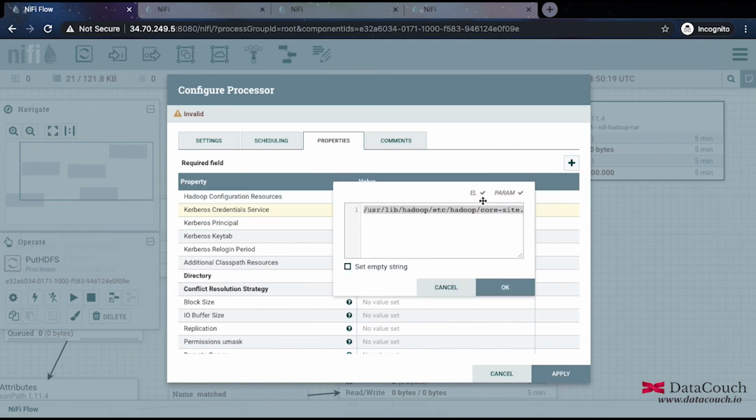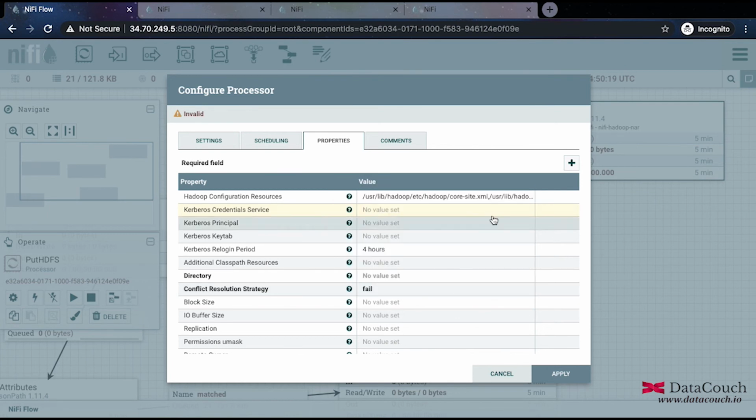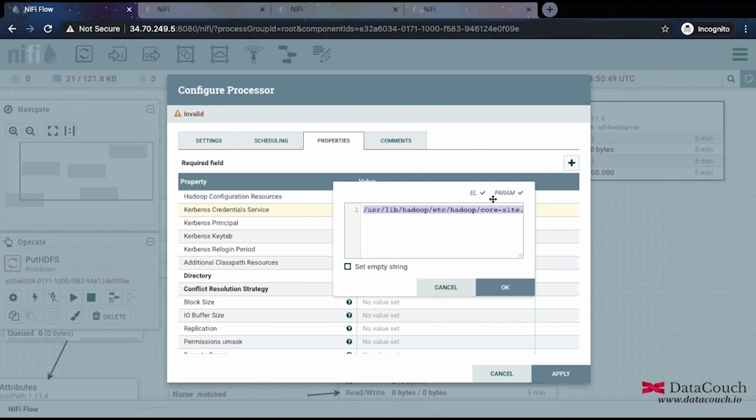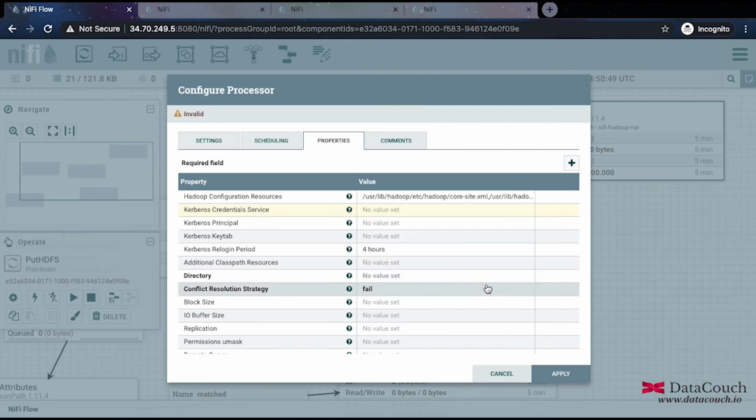Control V. So this is pasted. I'll remove the last comma, and then I will specify here it's hdfs-site.xml. So these two files, hdfs-site.xml, I'll say OK. So you can see in the configuration I have specified core-site.xml and hdfs-site.xml, right? So these two are done.